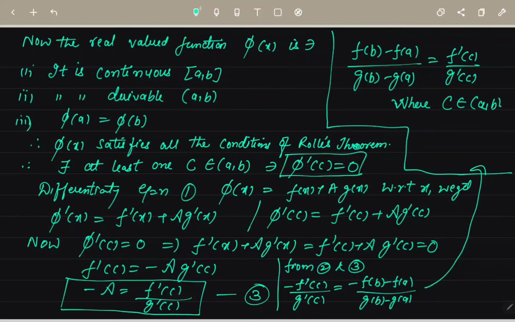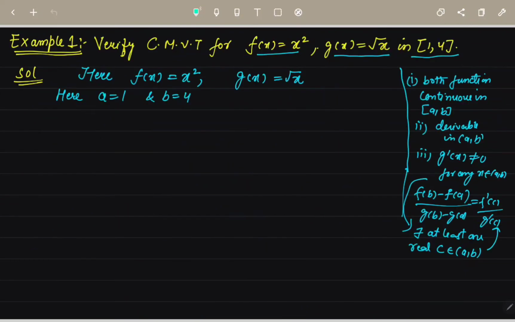So hence the theorem is proved. Hence proved. So we have solved this theorem. Now I am going to solve one example on Cauchy mean value theorem. So first example is: verify Cauchy mean value theorem for the function